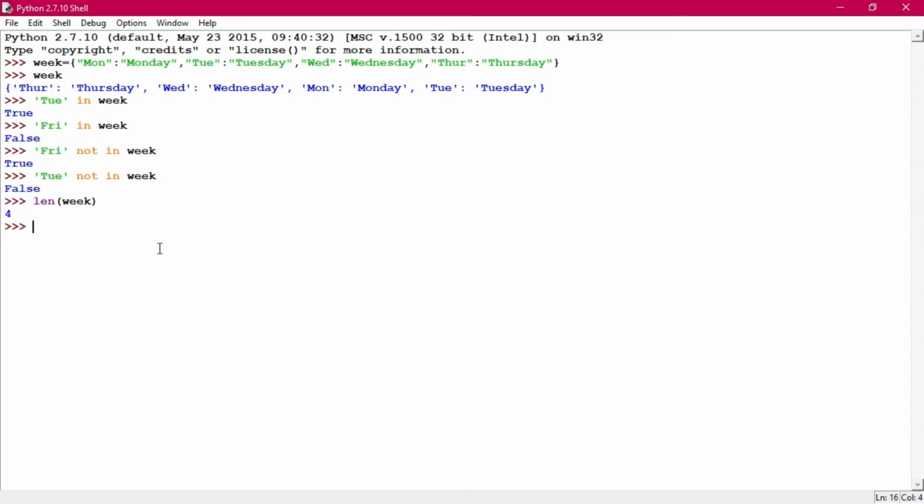You can use the clear method. It removes all items from the particular dictionary. So what command will you give? d.clear. Here the dictionary name is week, so it will be week.clear. If you give week.clear, then what will happen? The dictionary will be cleared out. Now if you try to print week, it shows you an empty dictionary, nothing is there. All right, that is the thing.